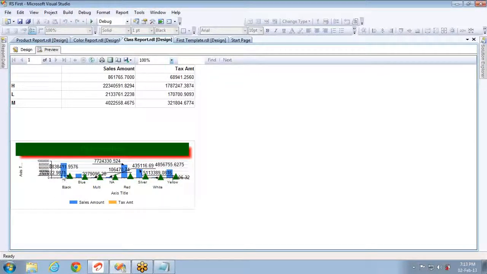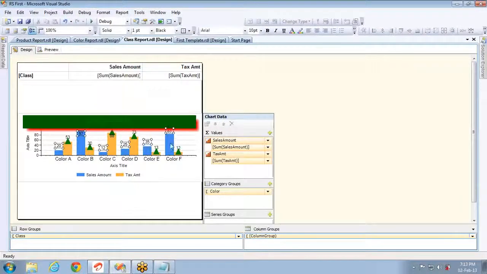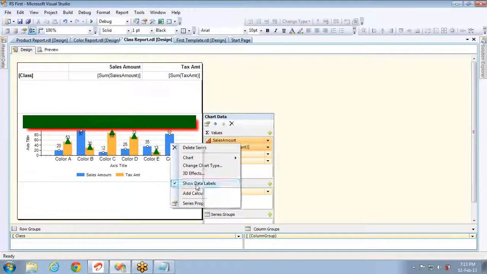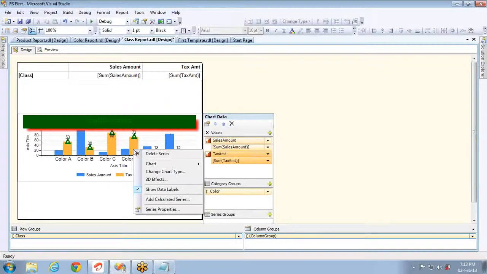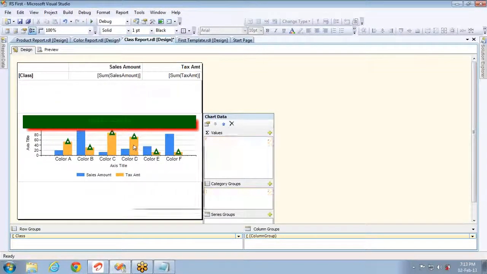The black color product is having the sales amount of 8838411.9576, and the tax they paid is some 707072.9871. That is the option, show data labels. If you don't want to show, you can remove the stuff. Let me remove the stuff for here also.